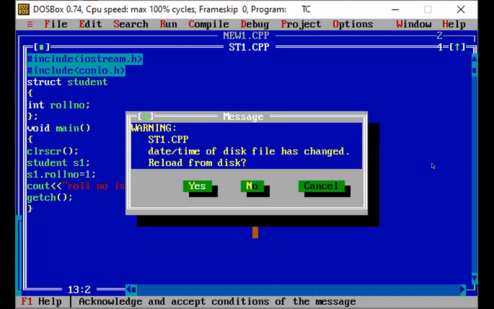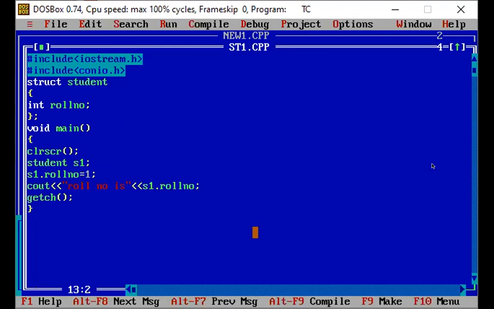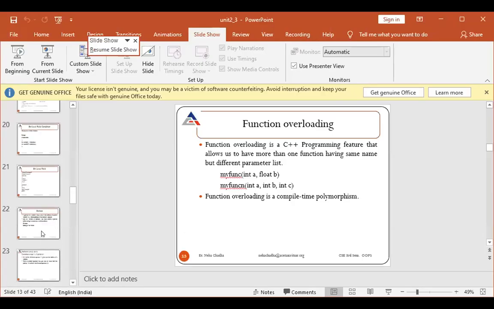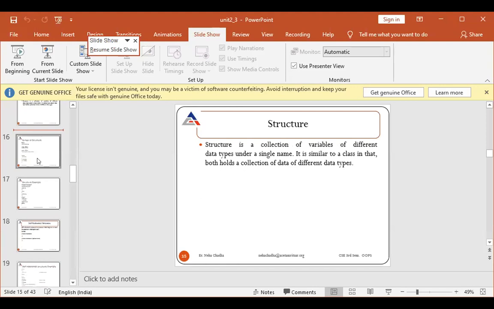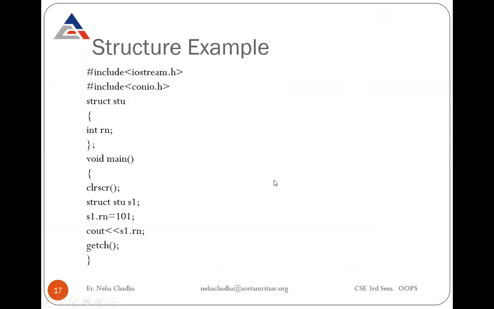Okay. Now coming to your presentation. This is a structure example that I have performed over the IDE. Now moving to the